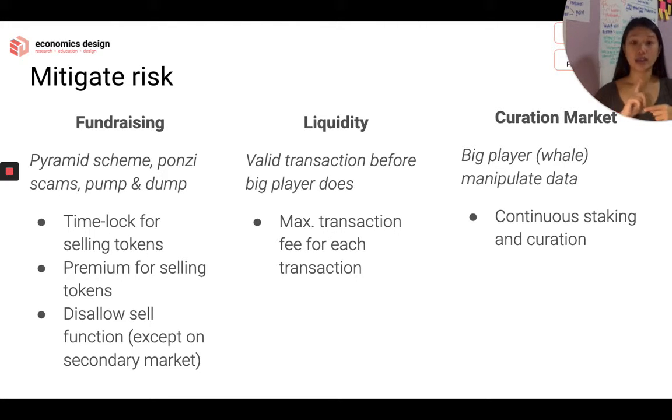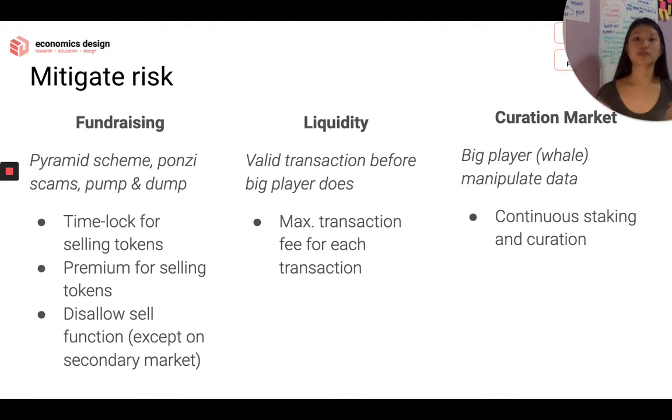I can have my transaction validated first, and I pay a small amount of money. When his transaction is validated, prices go up so much that I can sell my token at a profit. And how can I do that? I can pay super high transaction fees so that my transaction goes first, and then the $1 million transaction goes later. That's how I can guarantee that I can buy tokens at a cheaper price before this